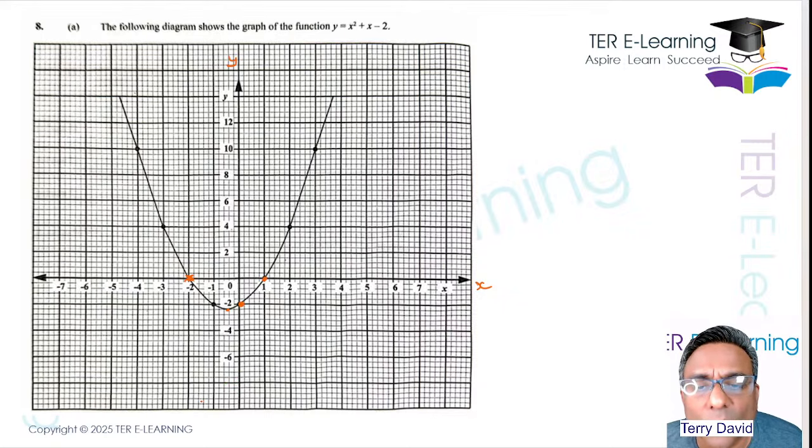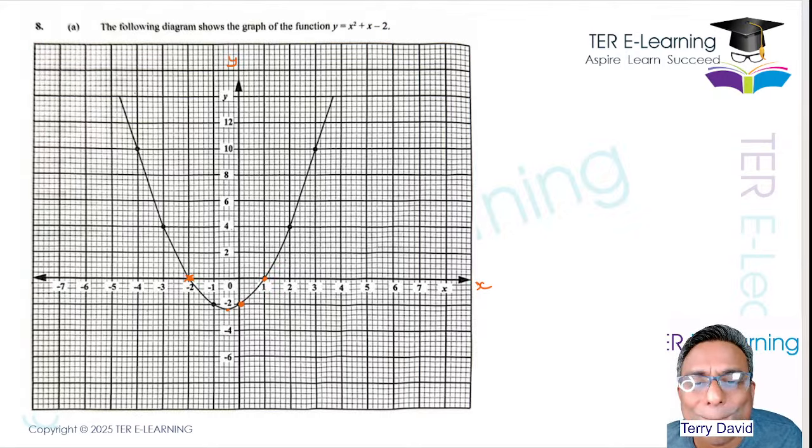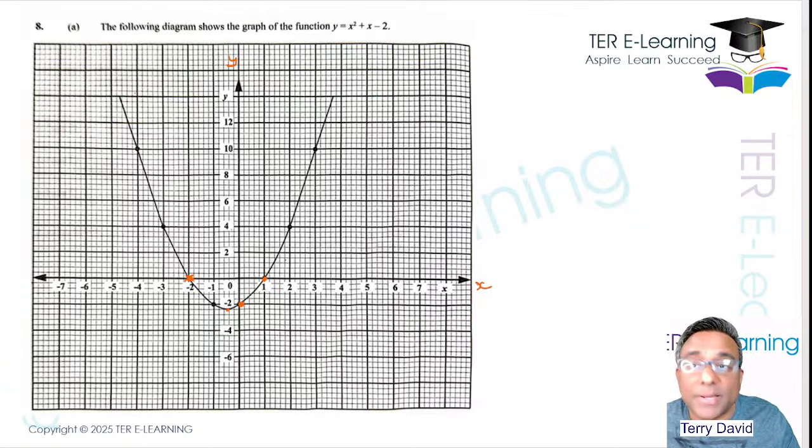Let me make sure that's correct. Hold on, I'll back up a sec. I might have to retract that statement. Hold on. Okay, yeah, I have to change that. It's not -2.2. I thought the numbers were incrementing by...